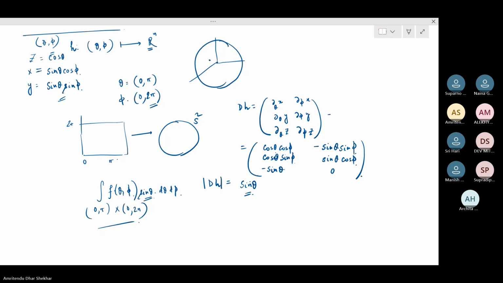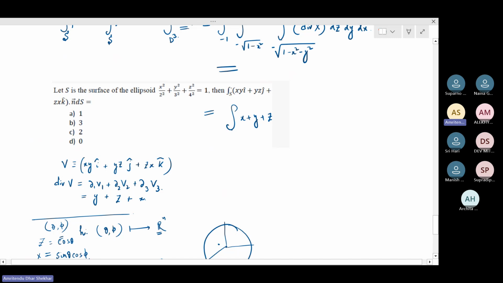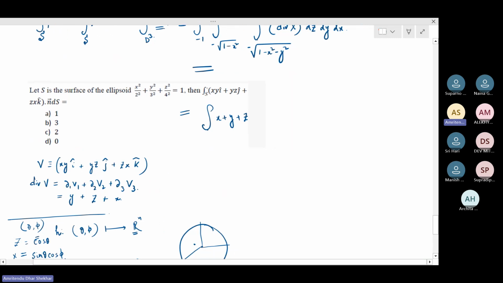Now, the question is, you have the ellipsoid, which we just solved. We know how to solve for this ellipsoid. How do you solve for this ellipsoid? One way is, of course, using the divergence theorem. So you do the divergence of v over this guy. Let's call this ellipsoid E. So it's the divergence over the entire volume of this ellipsoid. E is a region of space where the boundary of this region is this ellipsoid.